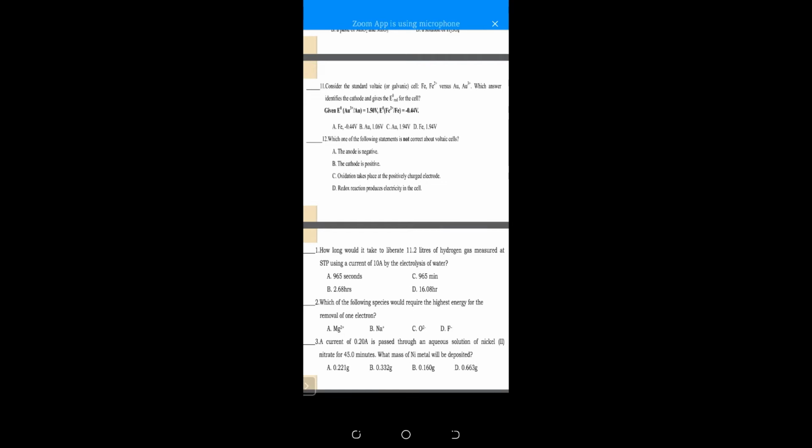in this which answer identifies the cathode Au3+2 Au positive 1.5 volt E reduction of Fe2+2 Fe please እዚህ ጋር እንዳትሸወዱ oxidation ነው reduction ነው የሚለውን አንድ አሁን እዚህ ጋር it is reduction potential value it is from +3 to 0 and from +2 to 0 so in both cases it is reduction is given ግን አንዳንዴ oxidation ከሆነ reverse ማድረግ ይጠበቅብናል እንዳረሱ የሰማችሁ ነው compare ለማድረግ make sure whether both half reaction cells are reduction potential values sometimes we may have reduction potential cell instead of reduction potential oxidation value may be given is oxidation value means instead of Fe2 plus to Fe Fe2 Fe plus 2 የሚል ሊሰጥ ይችላል